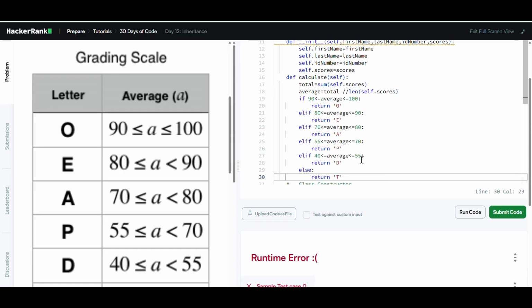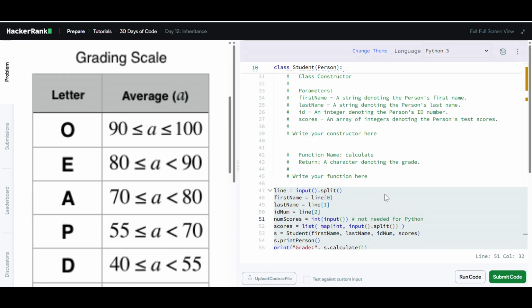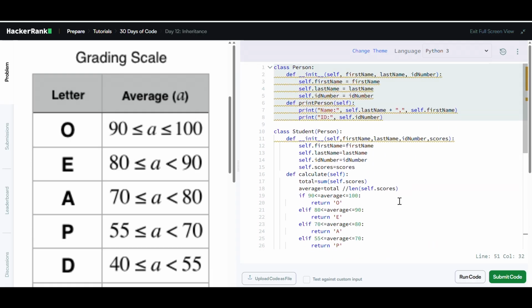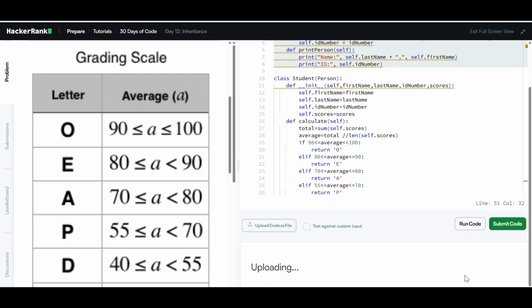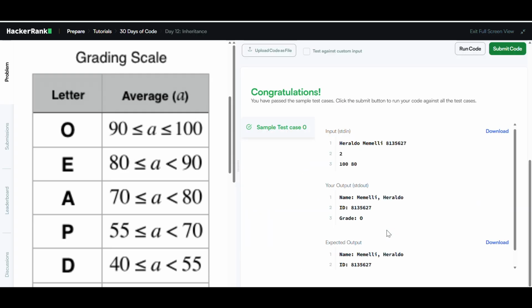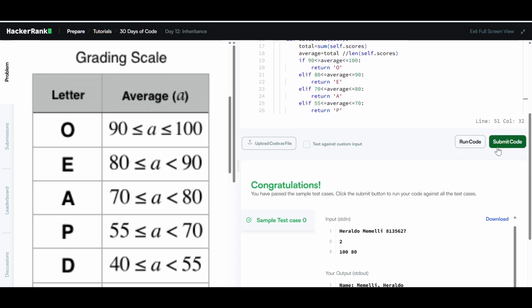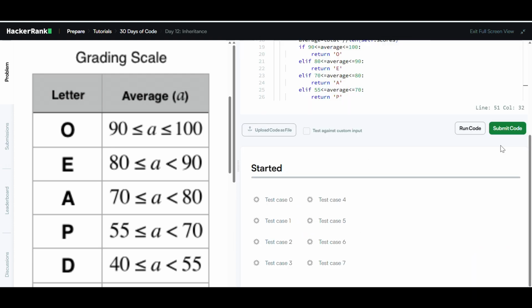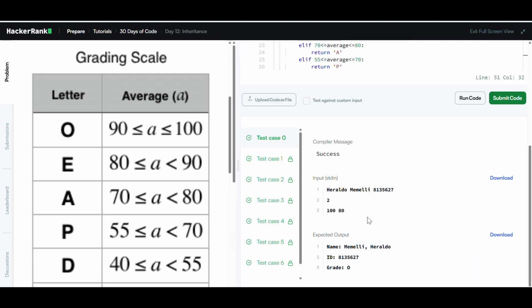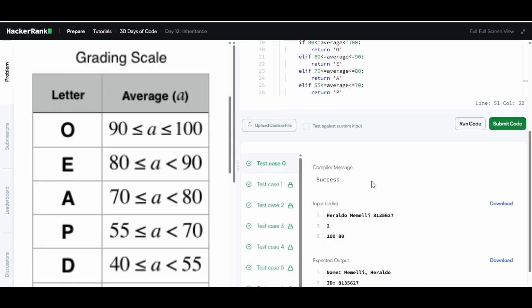After writing all the conditions for the grading scale, just run the code and check the output. Everything is fine, so submit the code and let's check the test cases. All test cases are passed.